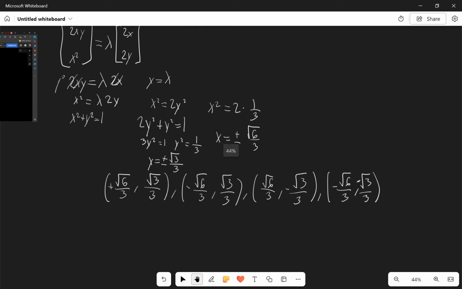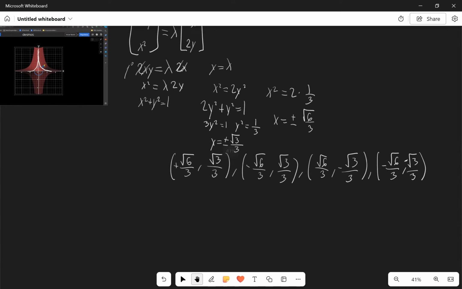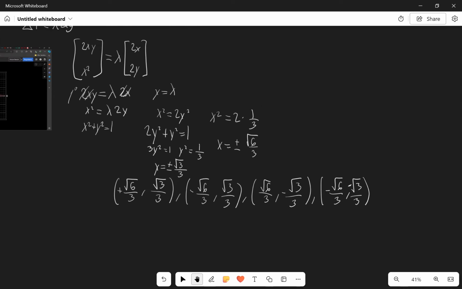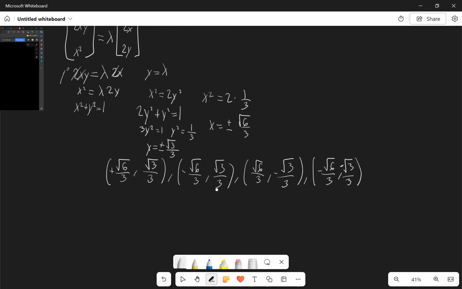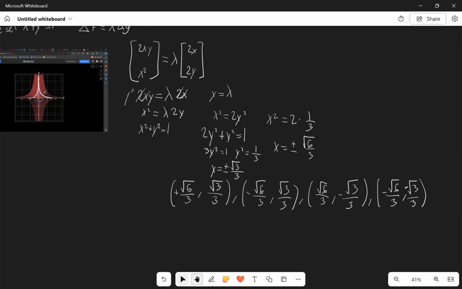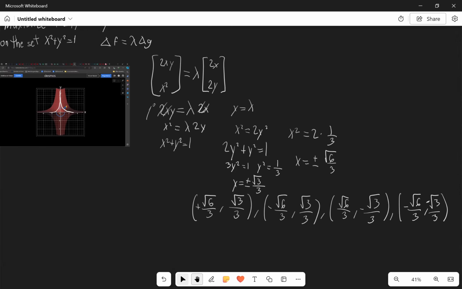And these are all our points, but if we plug in one by one each point, we will notice that just some points actually maximize the function and others do not. But we can plug in